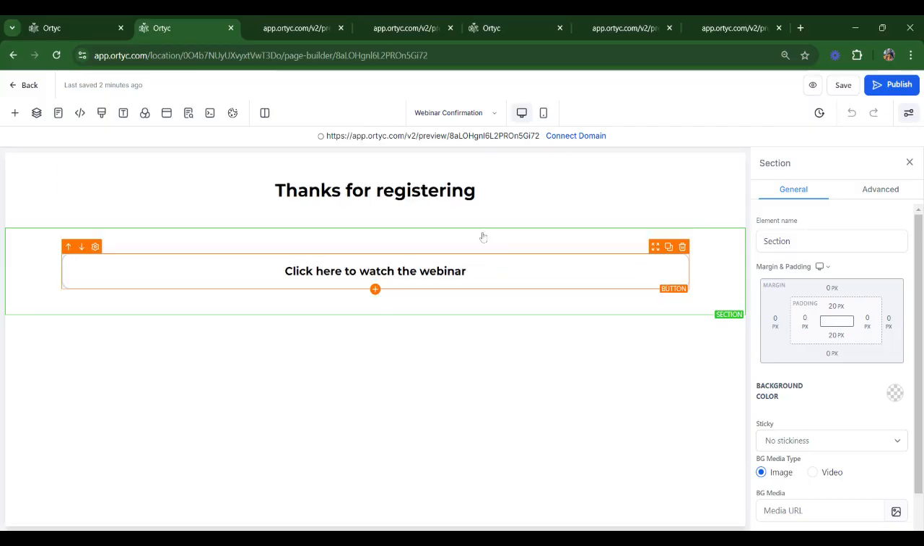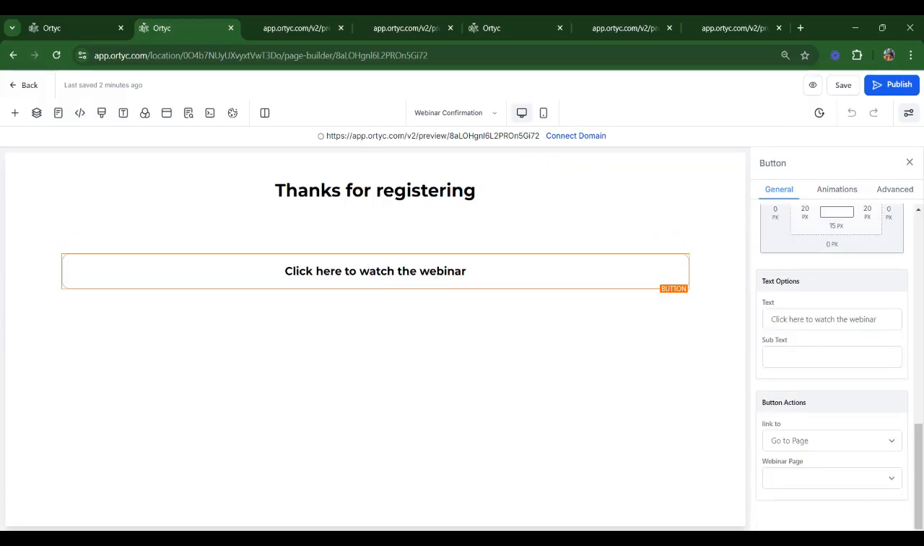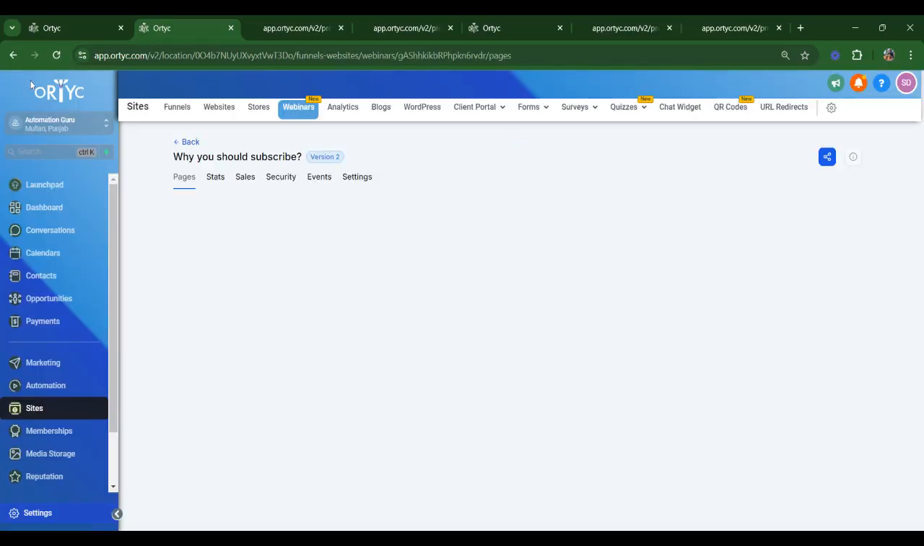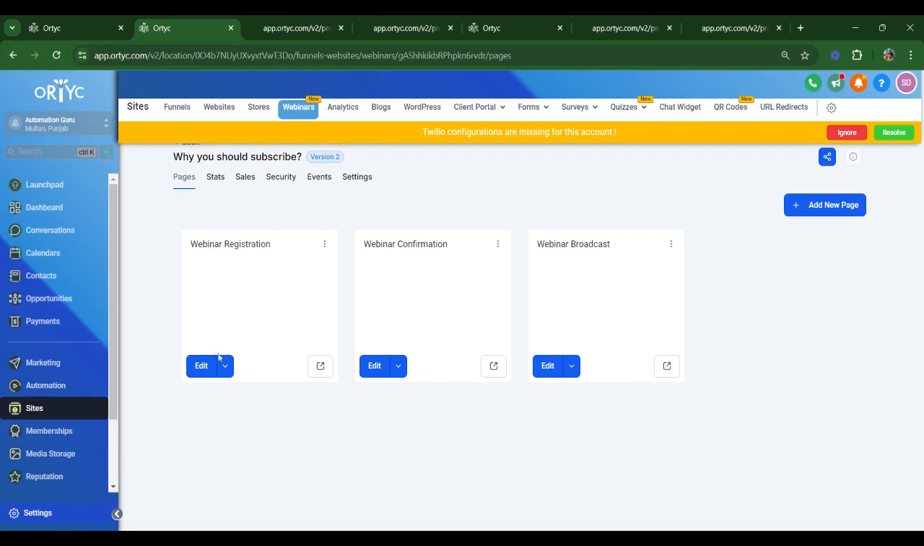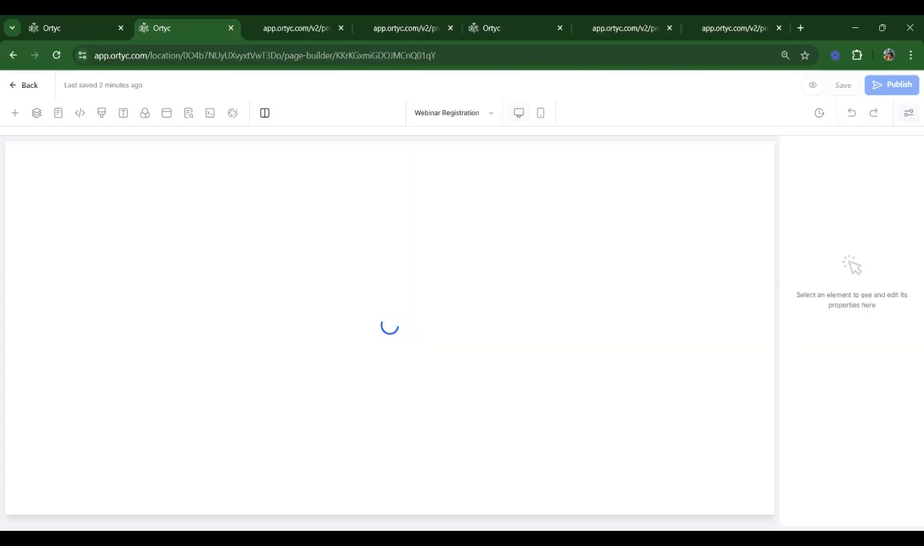So click here to watch, right? This is actually a button, and then you have to select which page they should go to, right? Broadcast, save, and publish. This is what you have to do. All right. And then same thing, you go back and do the same thing with step one. You go there, edit it, and then from the form, by selecting the form, you tell the form that you have to go to the next step